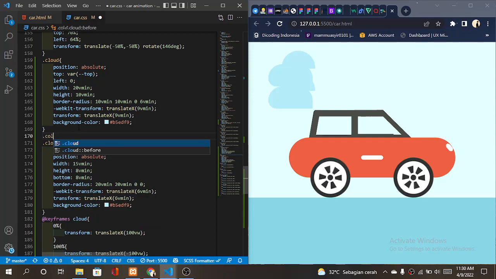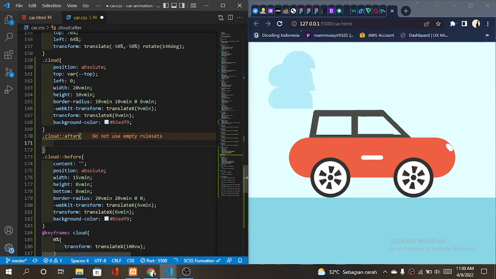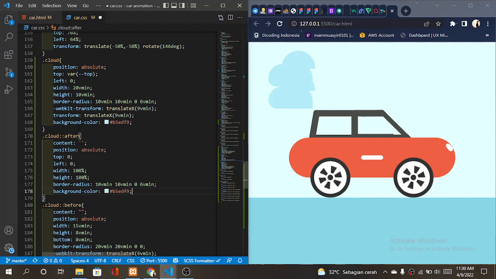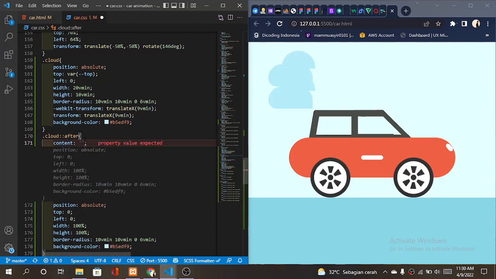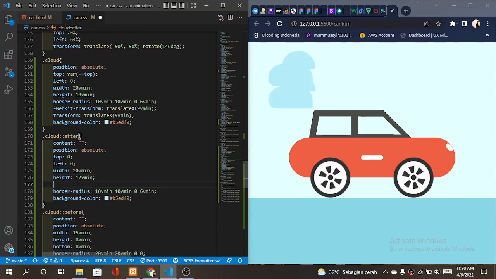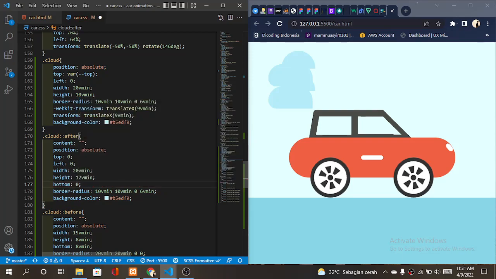For class cloud after, we make this position absolute, and width for 20 vmin, then height for 12 vmin, and give the bottom for 0, and border radius